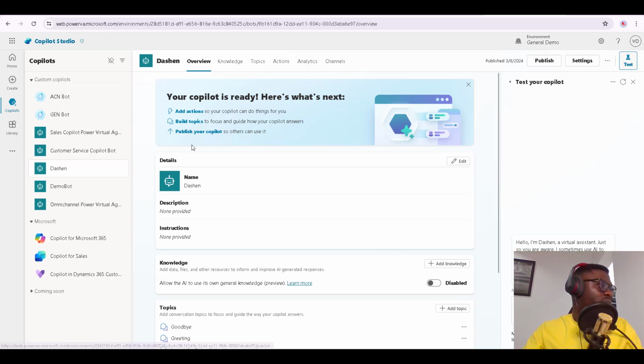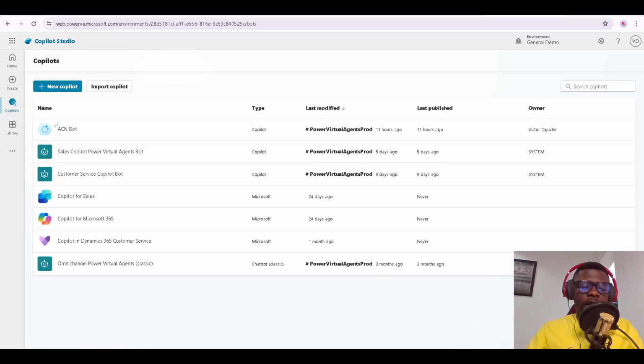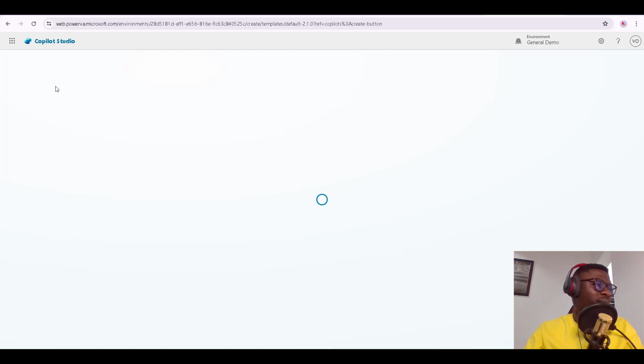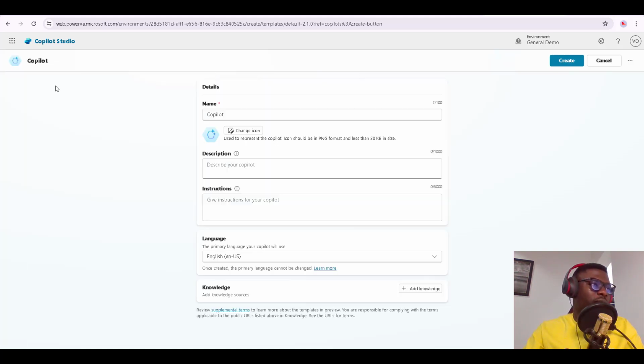So the first thing we're going to be doing, as I stated earlier on, is creating a new bot. So just head on to Copilot Studio with the beautiful interface that we now have. I'll click on the new Copilot at the top, and I'm going to give our bot a name. Let me call this